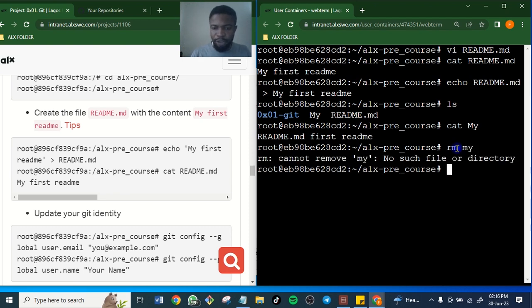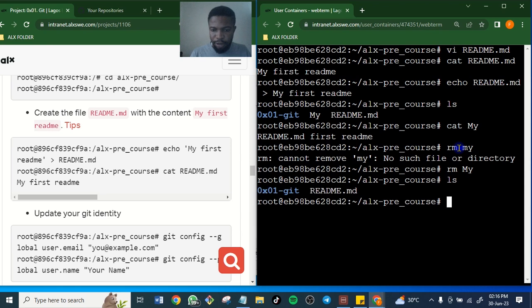I don't think it will go. It says cannot remove, no such file. Okay, sorry. rm is lowercase. Yeah. ls, let's check. My is gone. So we have only one readme file.